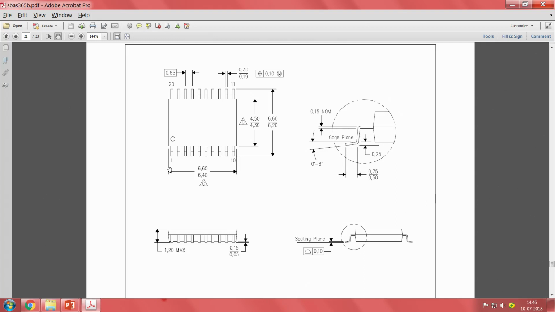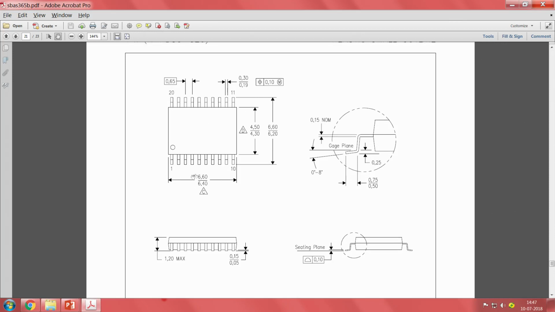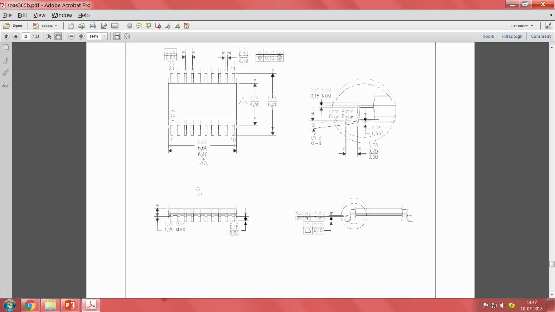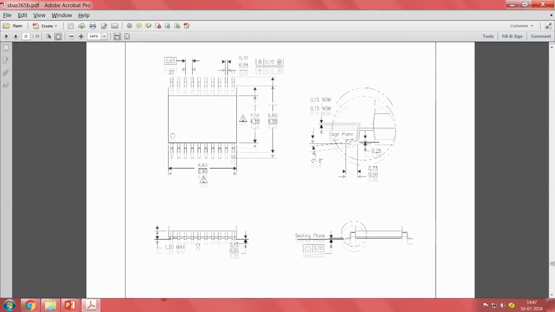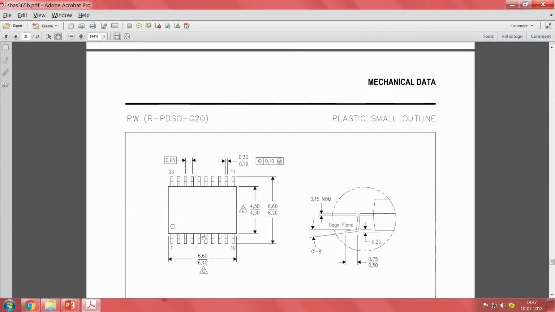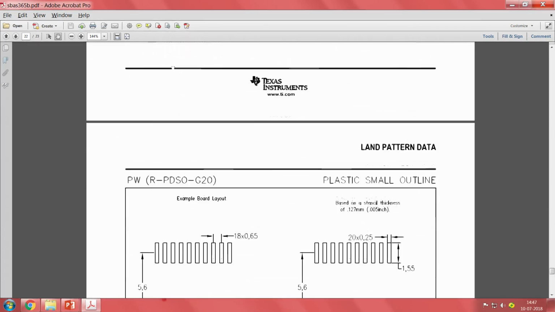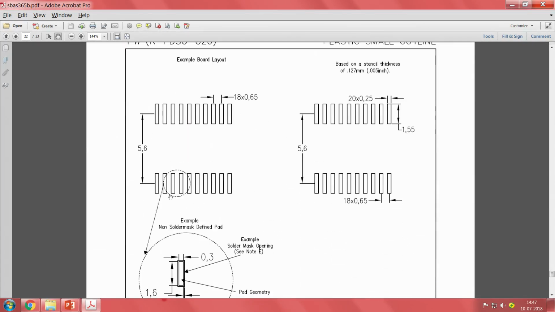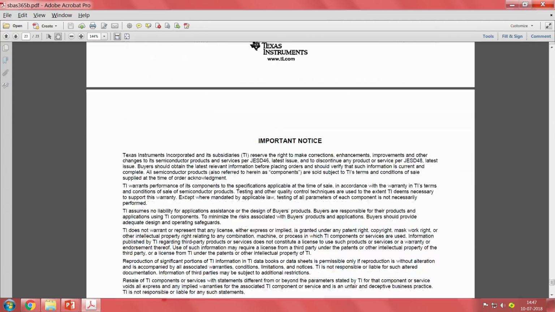So these are more important when you are finally making the PCB, but if you already have a board, you need not look at these things, you can just directly go ahead and test it, taking into account the functional characteristics that are mentioned in the datasheet. But this is important if you are making footprints or making a PCB on your own, which you will be doing at some point in your career if you are interested in analog circuits. PCB design in analog circuits is a separate course in itself, and so this comes under that. Okay. So all the engineering drawings will be given at the end of the datasheet.